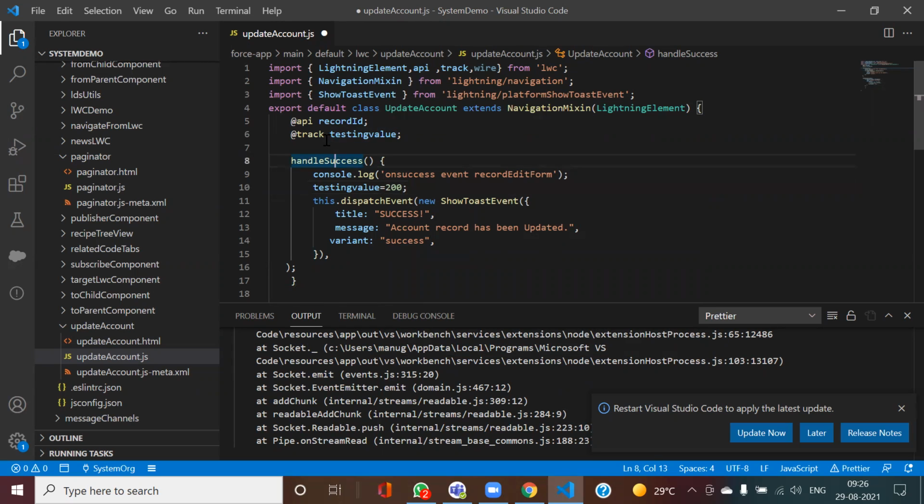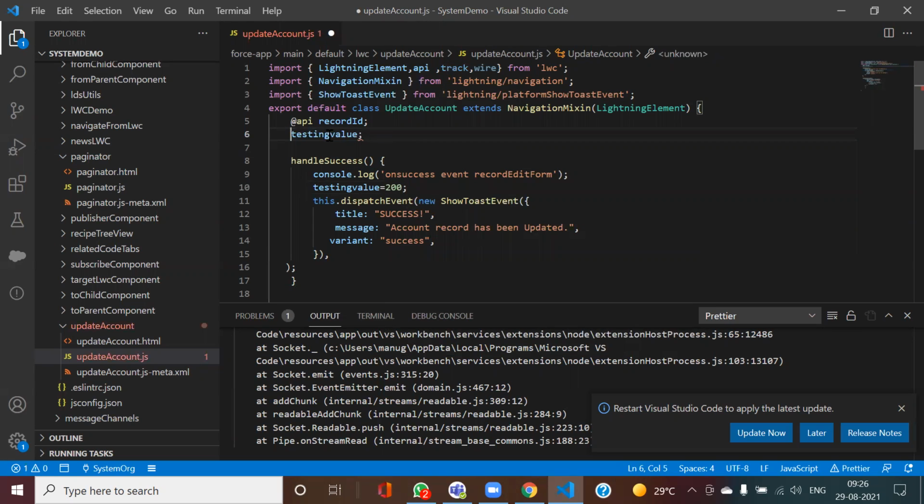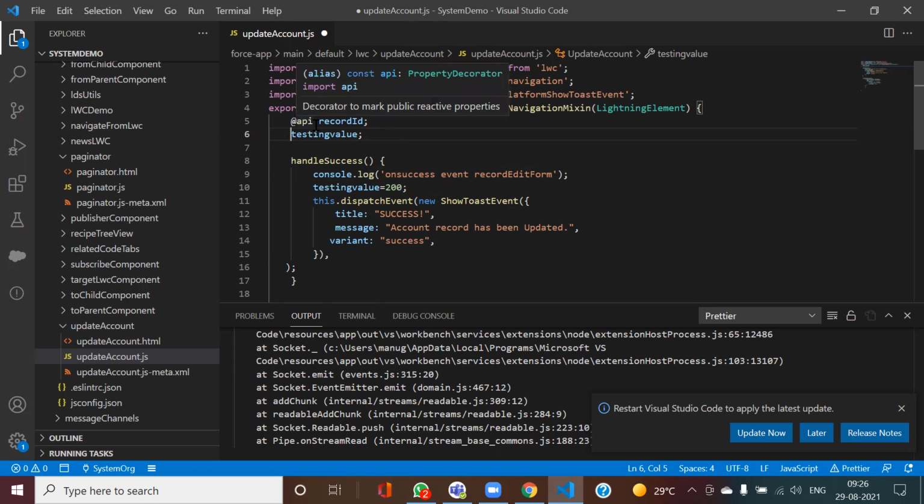One more thing to note is that with Salesforce's latest feature from the past year, even if I don't write it like this, it assumes that it's a track variable. A track variable can only be used within one lightning component, so it's a sort of local variable. Whereas your API, this one is public, and it can be used between two lightning web components.